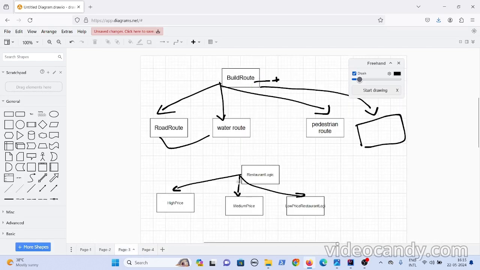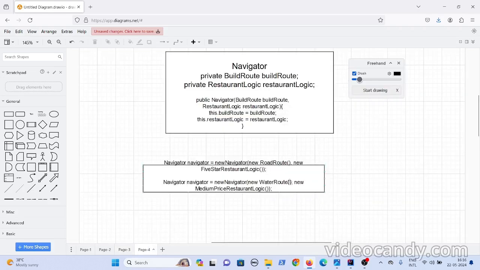And even for the restaurant logic, let's say you want to add a new logic. You can simply create one more class here. And even for build route, if a new requirement comes for another mode of transportation, you can create one more class, and the navigator can use those new classes.